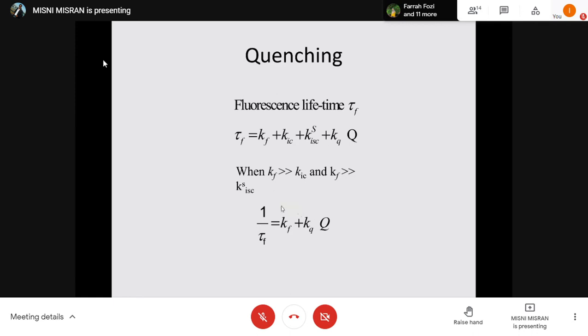So in this plot, you have the fluorescent lifetimes. Remember, you have the fluorescent lifetimes. So y equal to mx plus c. So the kf here is actually the intercept. If you plot the reciprocal of fluorescent lifetime versus concentration, so Q is the